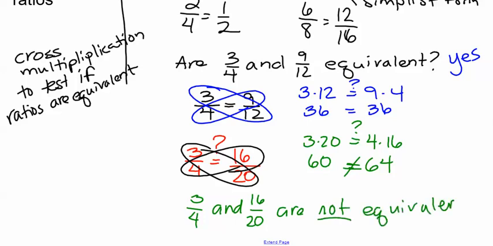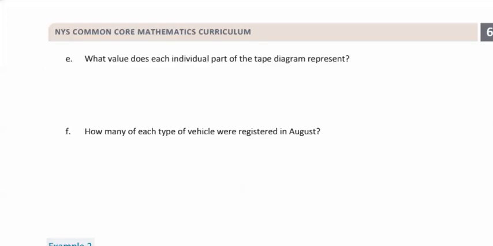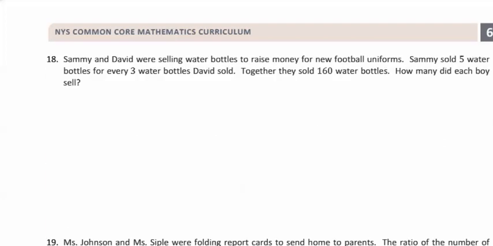And that's all we did for notes today, because we went to the next part of our module book on page 10, and we went through this example and used a tape diagram. So we have Sammy and David selling water bottles to raise money for the new football uniforms. Sammy sold 5 water bottles for every 3 water bottles David sold. That's our ratio alert: for every. Together they sold 160 water bottles, and we want to know how many did